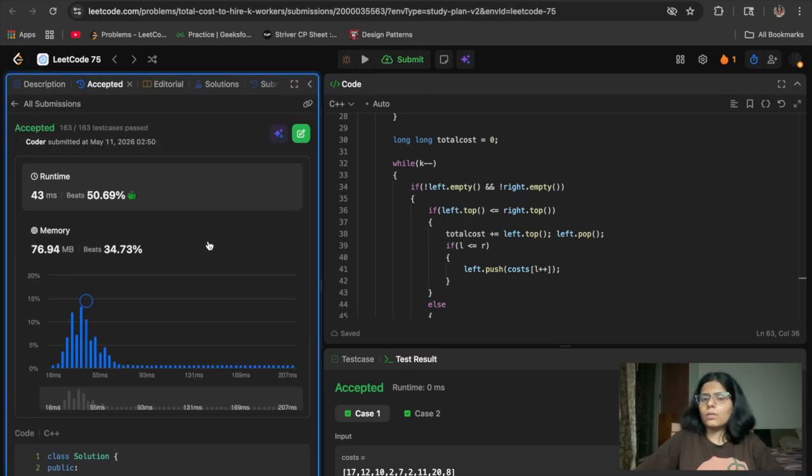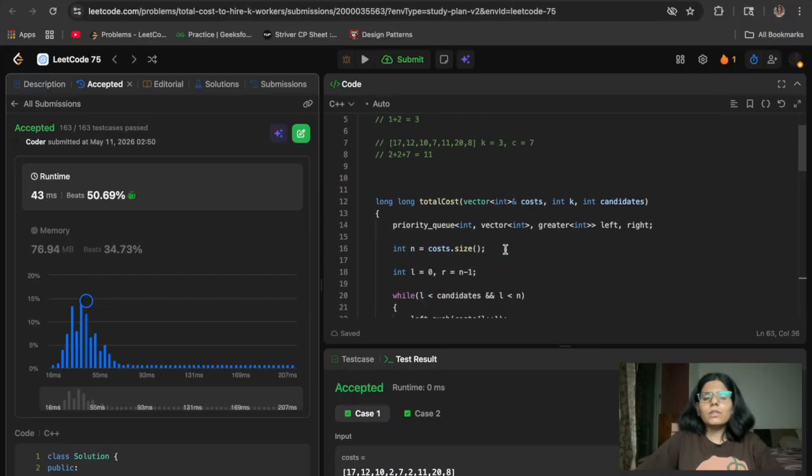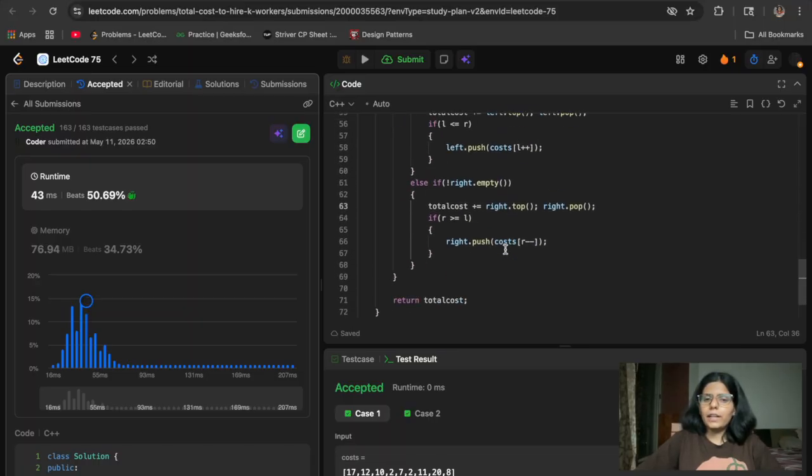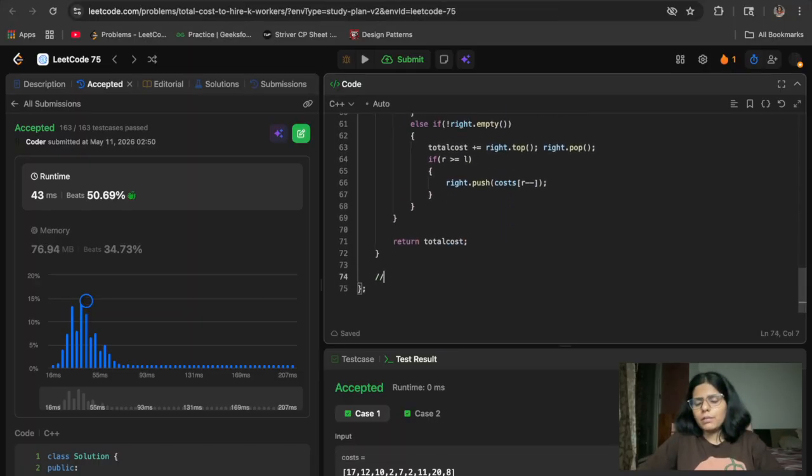It got accepted. So how much time is it taking? It is just sorting the first k, last k, likewise till n. What if we want all the candidates? In that case we spend time sorting it and taking it, so it takes n log n time, where n is the number of candidates. And the space complexity is big O of n, because we are storing the first 10, then the last 10. If we store all candidates, then we end up storing all things, so big O of n.